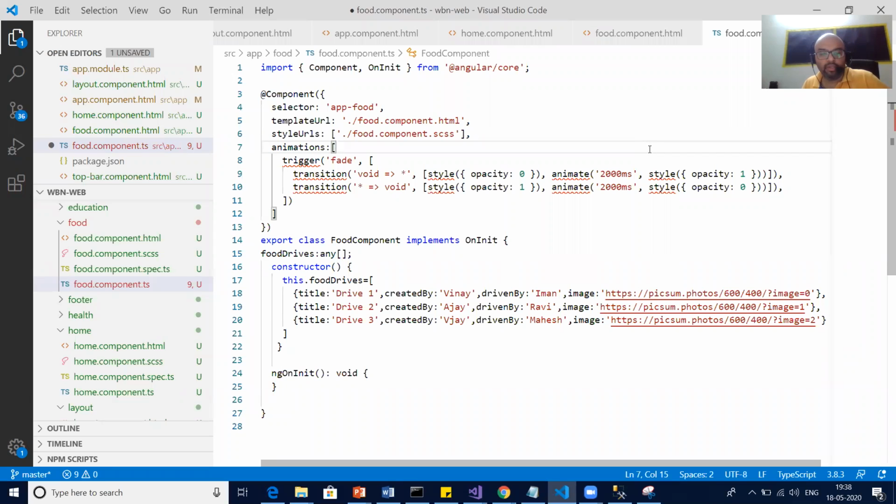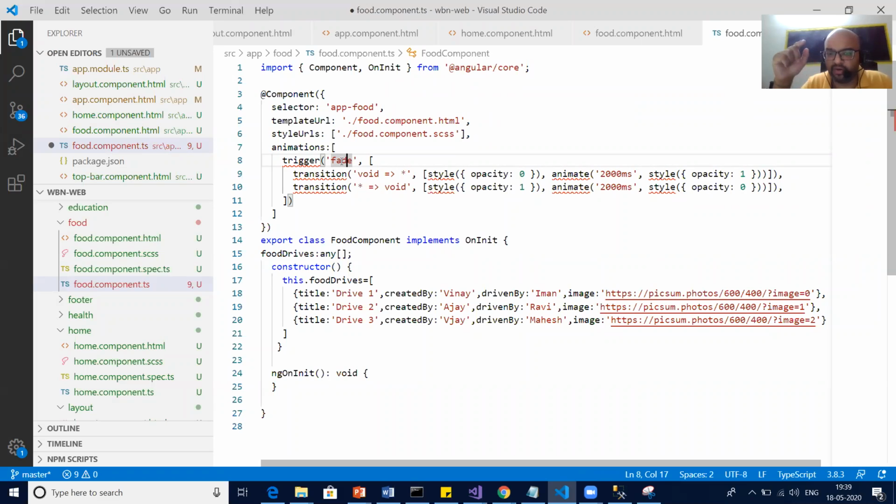One of the metadata properties we have in the component is called animation, and in animation we need to specify what kind of animation we want to put. Is it a transition animation, or fade in fade out, or whatever kind you want. My animation is fade, so I am putting the fade in fade out animation, correct?